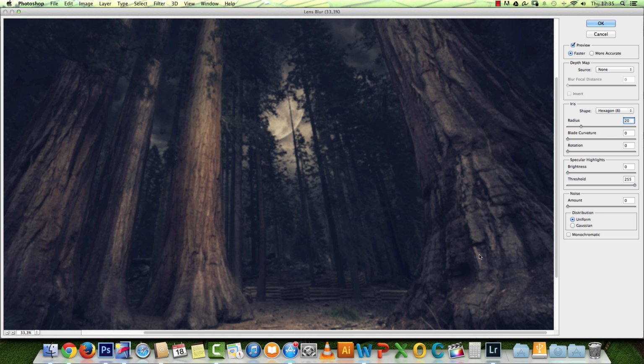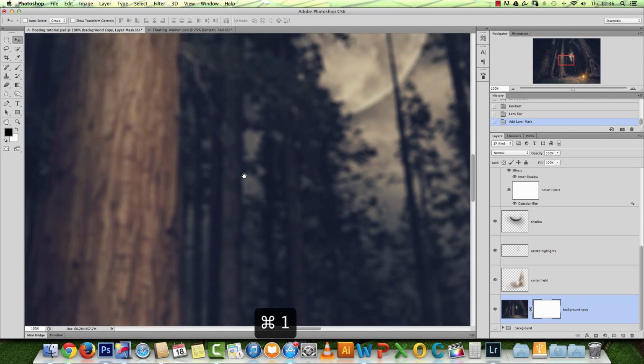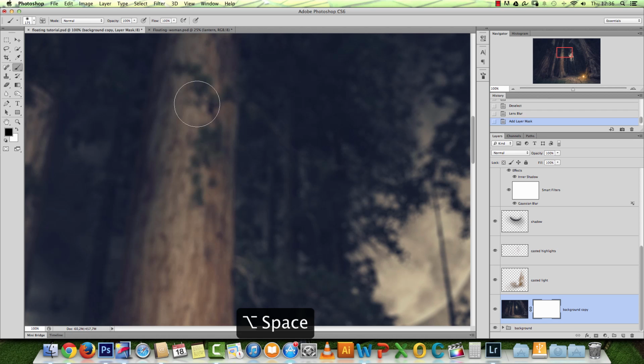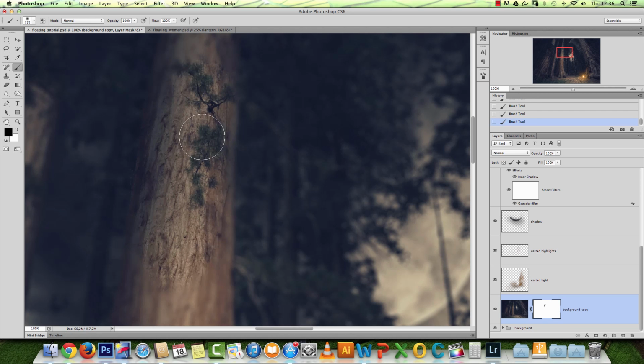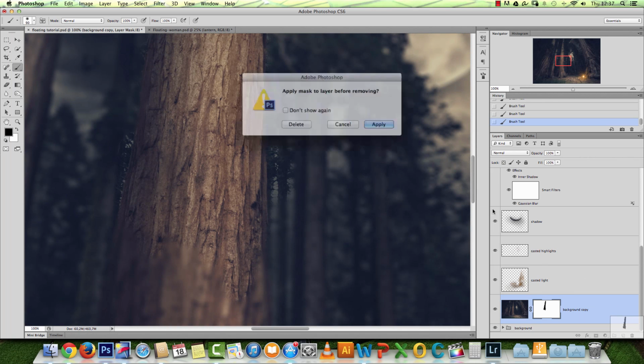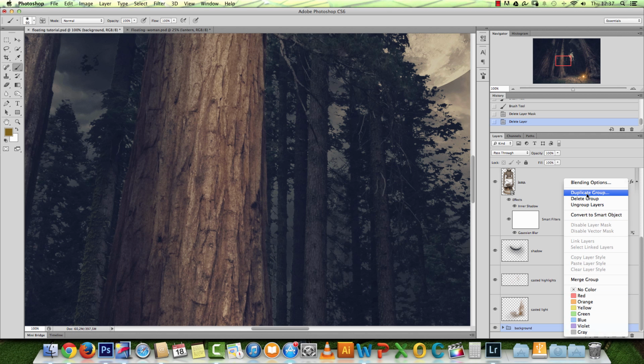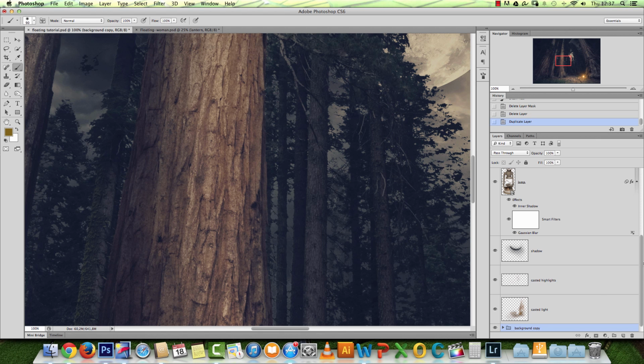And maybe some of you will ask, why don't I apply the filter to the entire image and then use a layer mask? Now, the reason why I don't do that is because you will tell the difference. You will see a really weird effect. I will do this, and just to show you why I don't want to do that, I'll create a layer mask now. I'll zoom in. Okay, so now I would paint on this tree to hide the effect, sorry. It's a fake blur, okay? That's why I don't want to do it. So I will delete this, I'll delete this again. I'll duplicate the group and then I will merge it again. Right click, merge group,